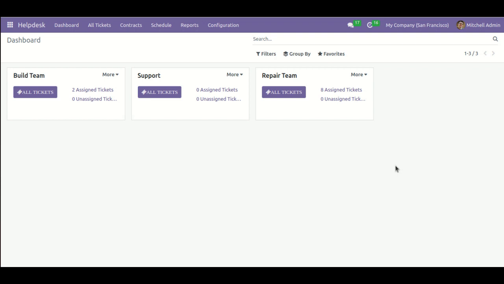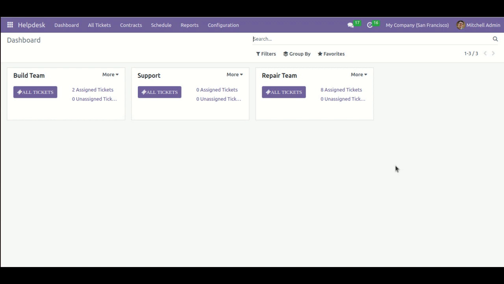So in this video we will see how our Helpdesk module will be useful for small repair industries, or let's say small repair companies which will repair anything. Let's say, just for one example, mobile. When any mobile comes for repairing, battery exchange or screen damage or something, then how our Helpdesk different modules